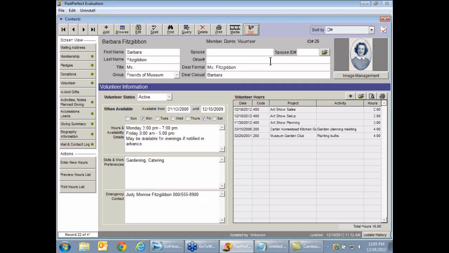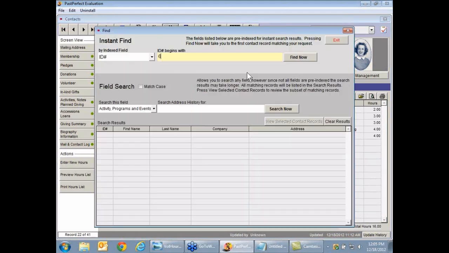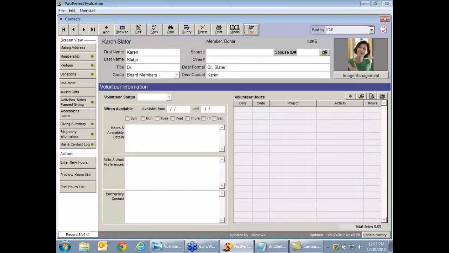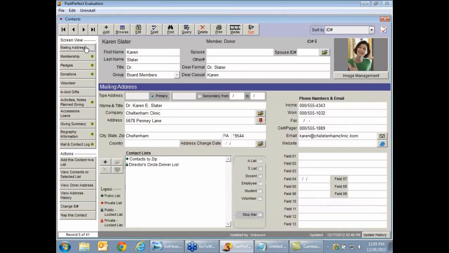And the person I want to work with today is Karen Slater. So I'm going to do find, and I know that her ID number is 6. If I didn't know that, I would look her up by last name. And here's Karen Slater. Karen right now is a member and a donor. If I'm on her mailing address screen, you can see where she lives. And then down here toward the center